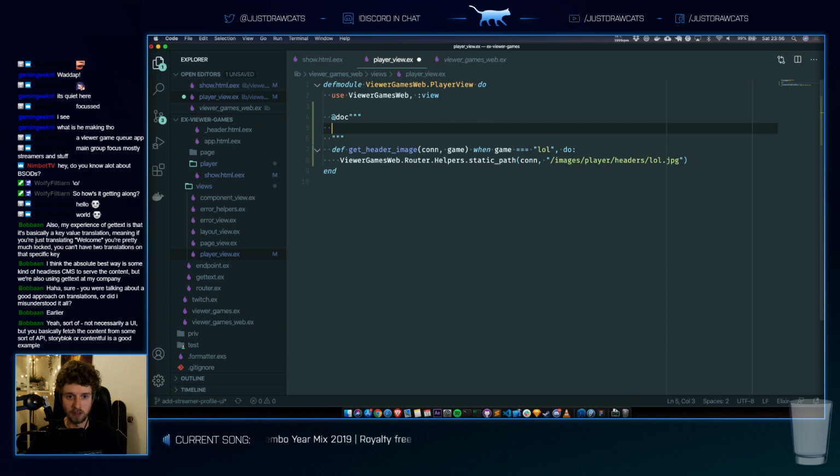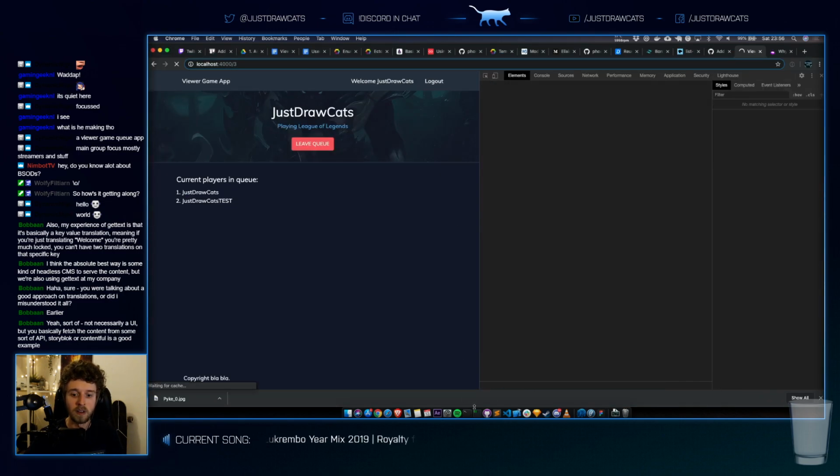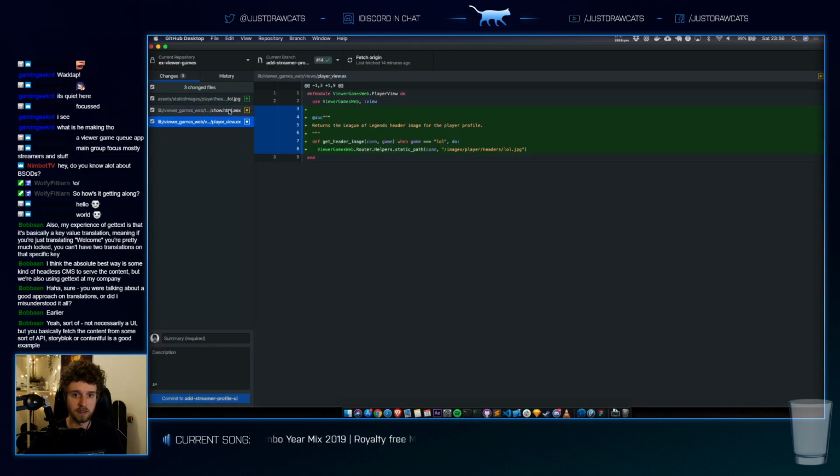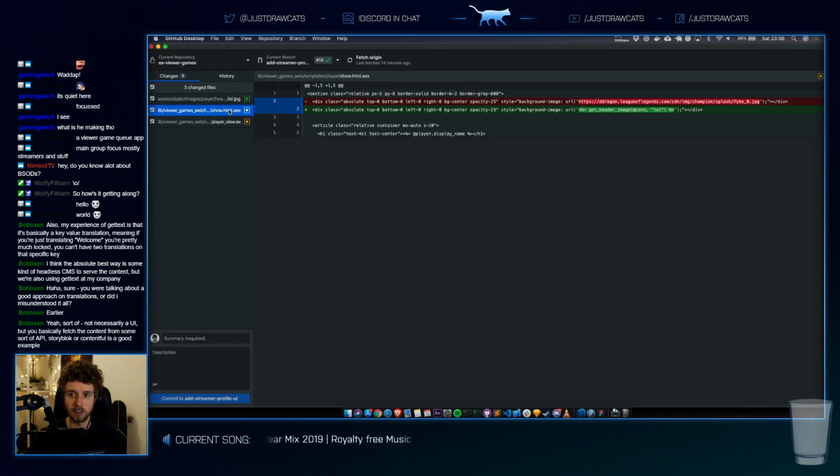What does this do? It gets the header image, or returns the League of Legends header image for the player profile. Sick. All right. This way we don't have this hard-coded URL, which is nice. And once we get a game implemented, we can use this.